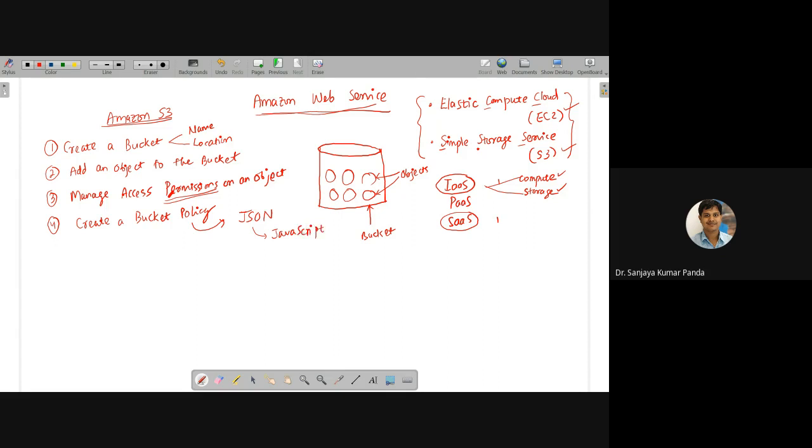More or less you know about JavaScript Object Notation. This JSON is a standard text-based format for representing structured data based on JavaScript object syntax. These are definitions you can find in the public domain. So writing the policy in JSON lets you restrict a particular object or a bucket to public or private.